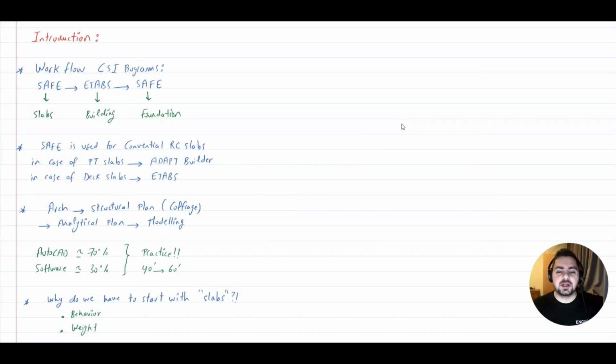Hello everyone and welcome to the first lecture of this course where we are going to learn how to analyze and design different types of slab systems. Now this lecture is going to be an introductory lecture about all the different types of slab systems. So basically we are going to discuss the workflow that we are going to use and we are going to start with discussing the first type of slab system that we are going to work with, the advantages, disadvantages, and